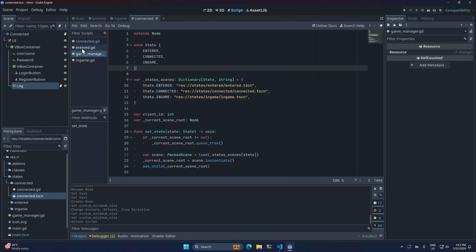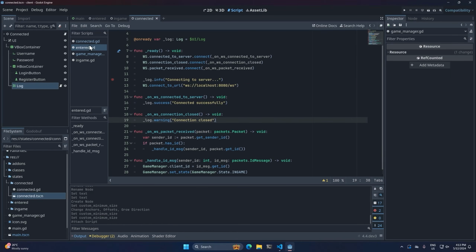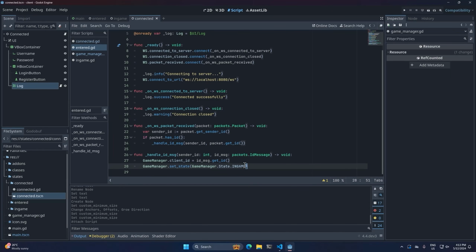And now inside our entered script, so this is the script for our entered state. Instead of going straight to the in-game state, we're going to go to the connected state. So this makes more sense. Instead of taking us straight to the game, it's going to take us to the login screen when we actually